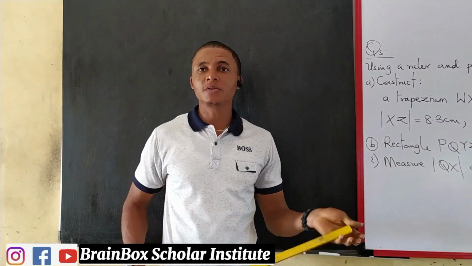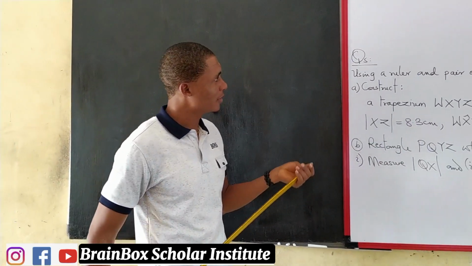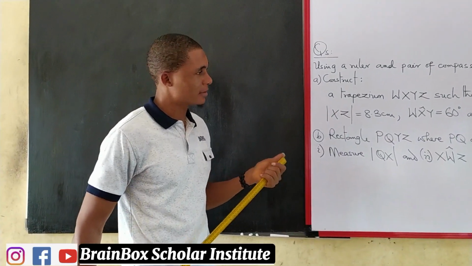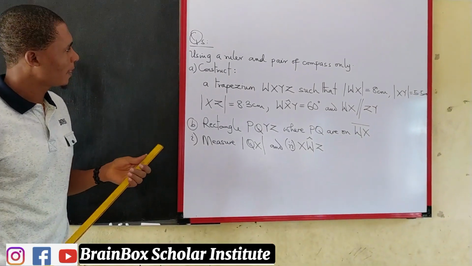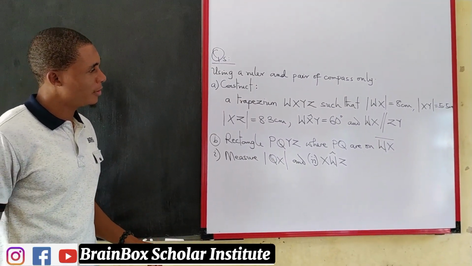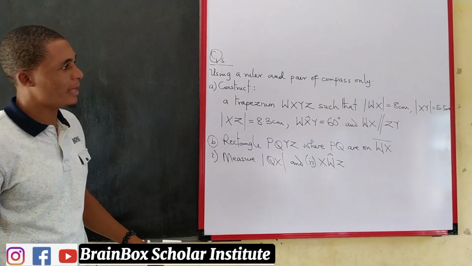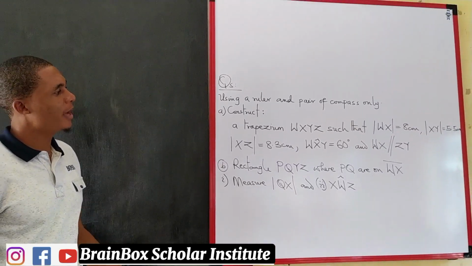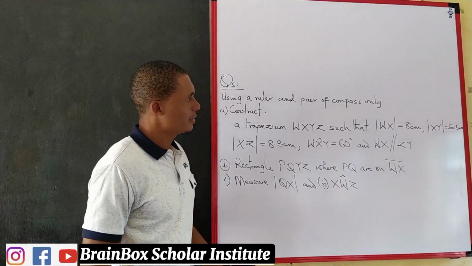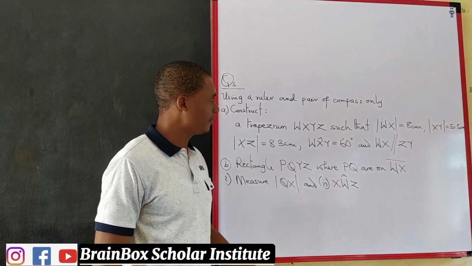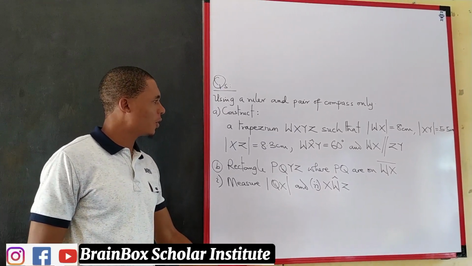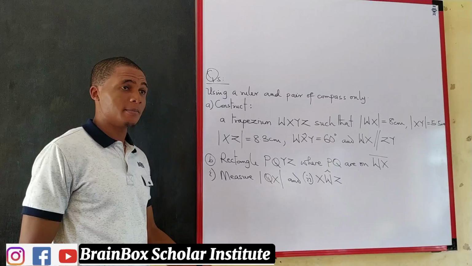The next question. Next question says, using a ruler and a pair of compass only, construct a trapezium WXYZ such that side WX is 8 cm, side XY is 5.5 cm, XZ is equal to 8.3 cm,